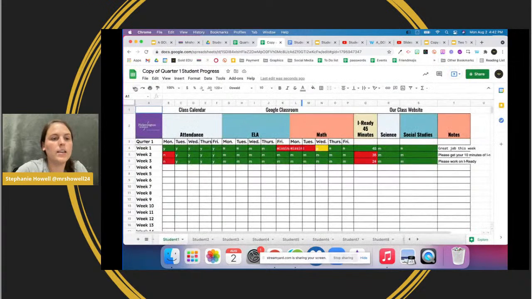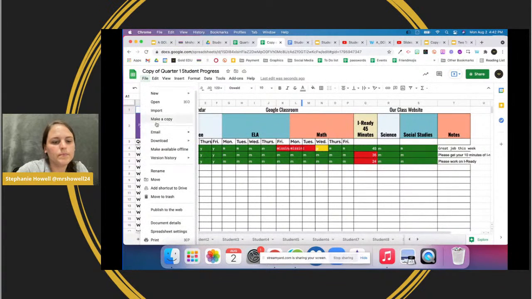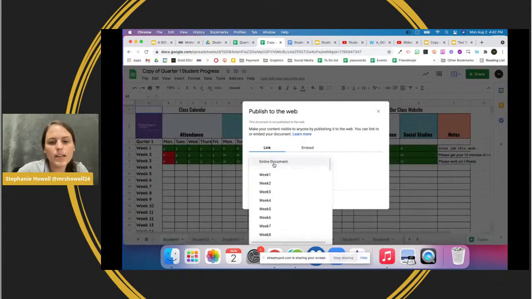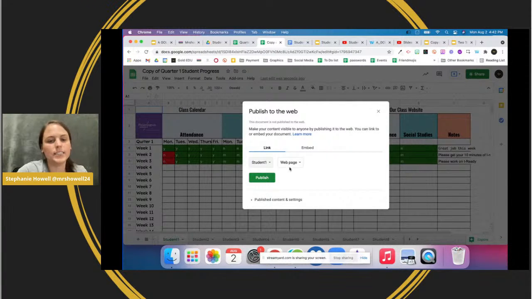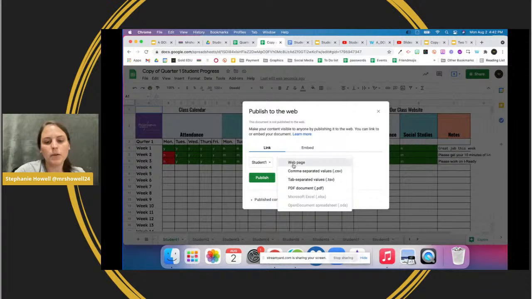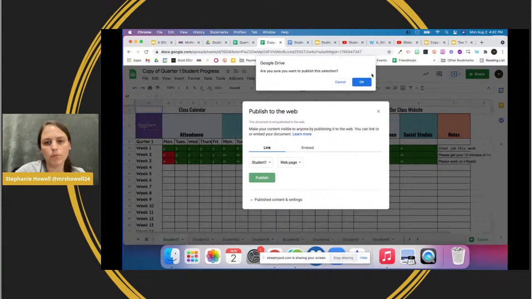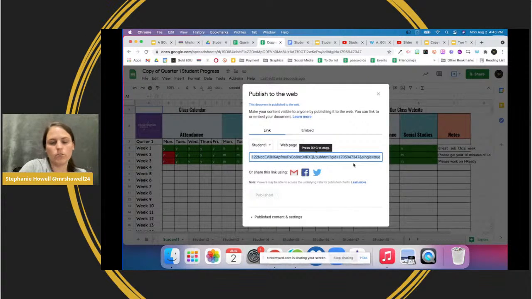Let me walk through that again. So File, Publish to the Web. And then instead of the entire document, I just want student 1. And I would write students' names with my students. And then I want it to be a web page. And so when I hit publish, this is what the parents are going to see